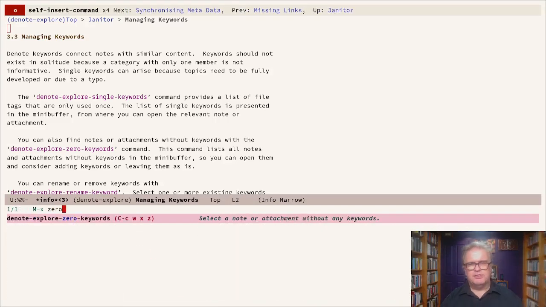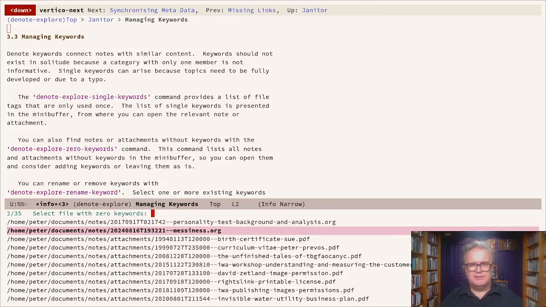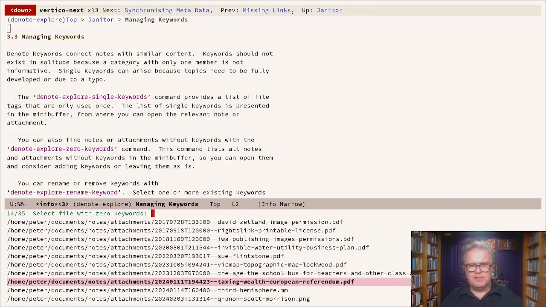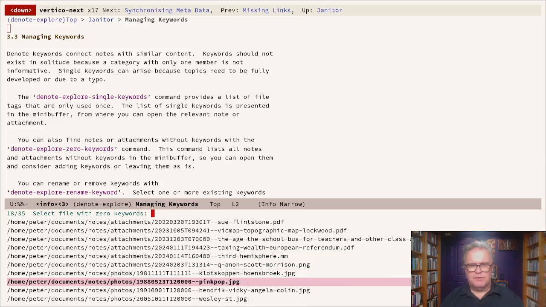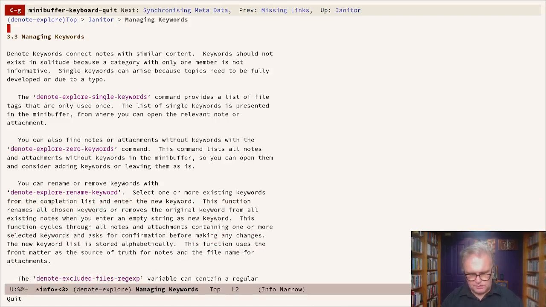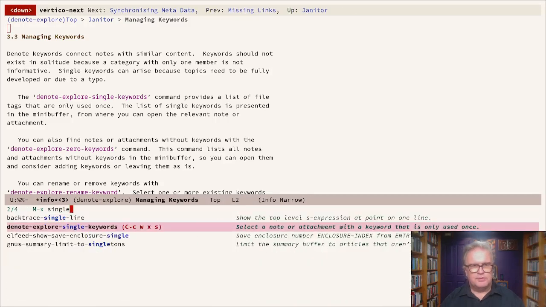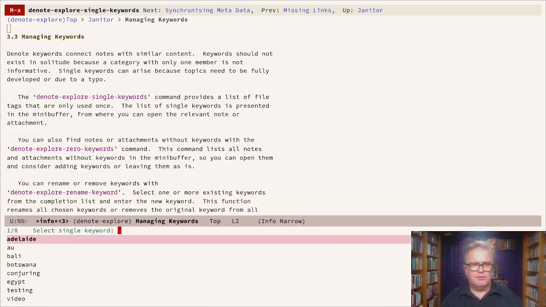So Denote explore 0 keywords creates a list here of all the files that don't have any keywords, and then I can open these up and decide to add a link or not. There is also Denote explore single keywords. This provides a list in the mini buffer of all the keywords that are used only once. Now, why could a keyword genuinely only be used once? That's of course when you just start to build up that category. Also, sometimes this is a way for me to find typos in keywords, which leads me to the next